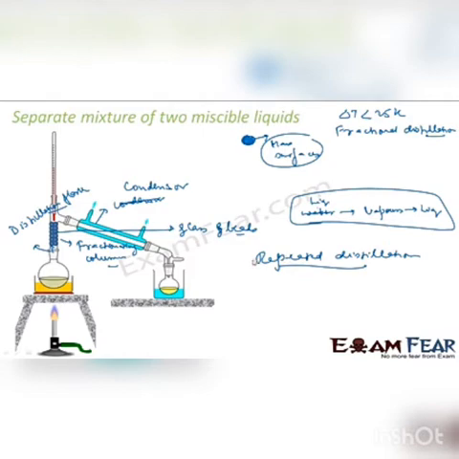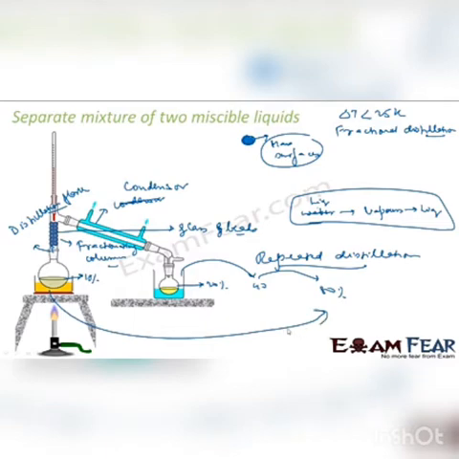For example, let's suppose the mixture is 10% pure. After one distillation you get, let's suppose, 20% pure. The next distillation, you do the same thing again, you may get 40%, and then you may get 80% pure. So the purity doubles every time. But if you use fractional distillation, in one shot itself you may get 80% pure, because it is repeated distillation. In one step you get a more pure substance, and this is typically used if the difference in boiling temperature is less than 25 K.